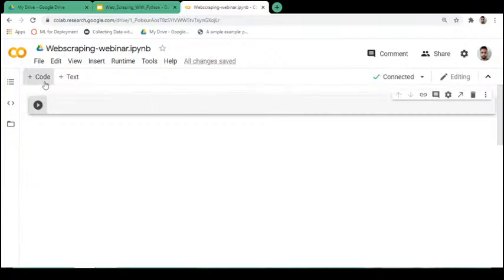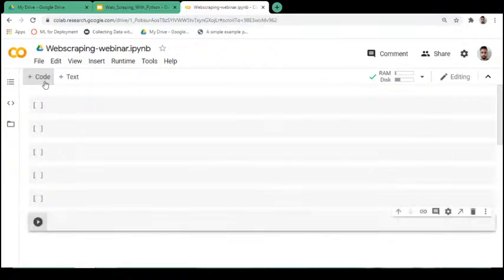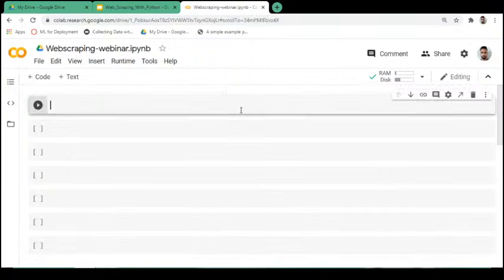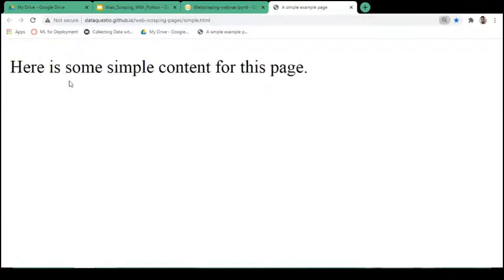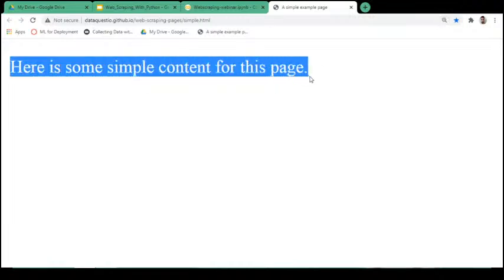So now let's get some new code cells. All right, so we have connected, we have new code cells, and now let's go to a website here to understand the basics. All right, so here I'm going to open this in a new tab, and here you see this is a simple website, and we have just one piece of information, that is, here is some simple content for this page. All right, so it just has this information that says here is some simple content for this page here. And we want to scrape this